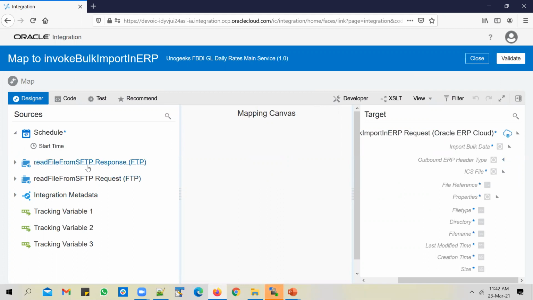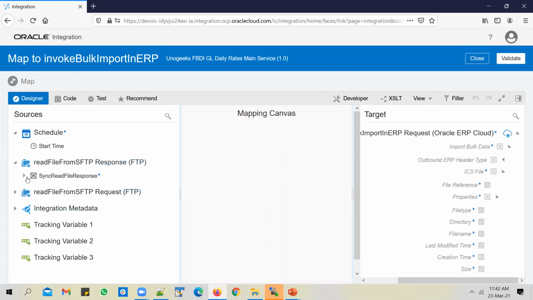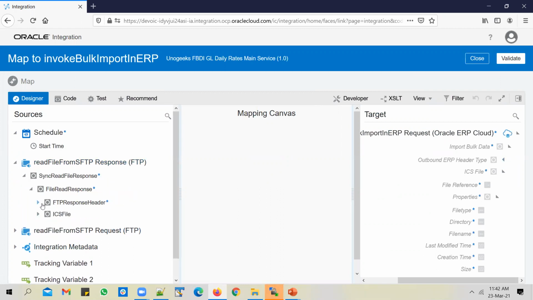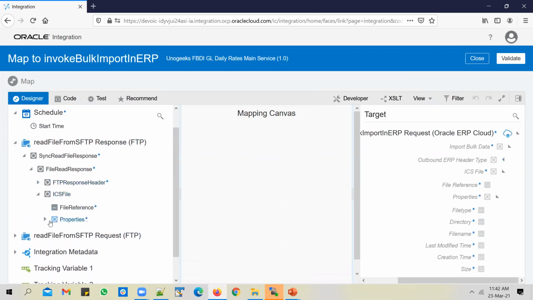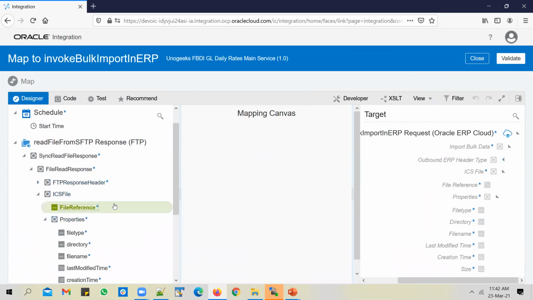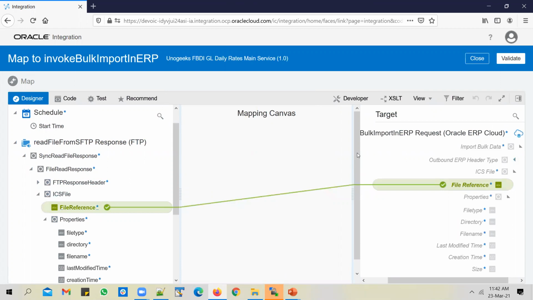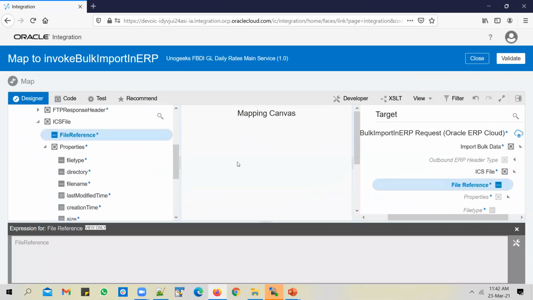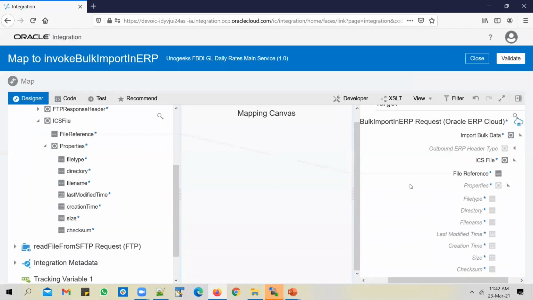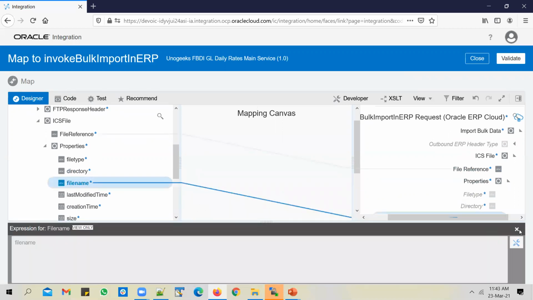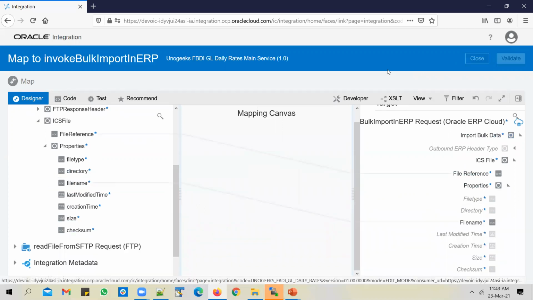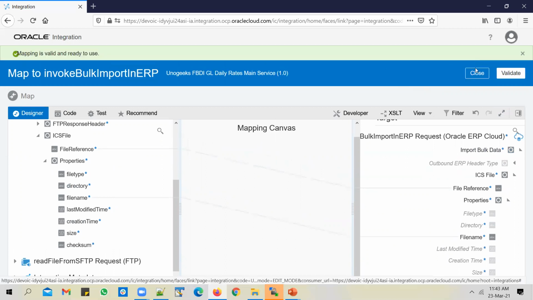From the Read File from SFTP response, pick up the file reference, the ICS file reference, and also map the file name. Okay, so those two will be sufficient.